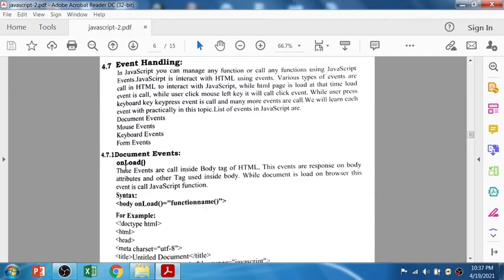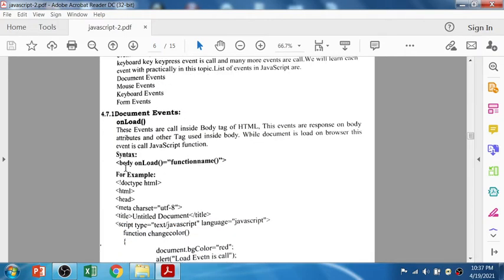That is called the web page load event. At that time this event will occur, right? So whatever function you want, you can call your function on the load event. So that is the load event.